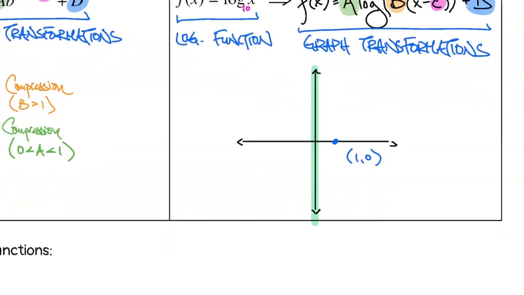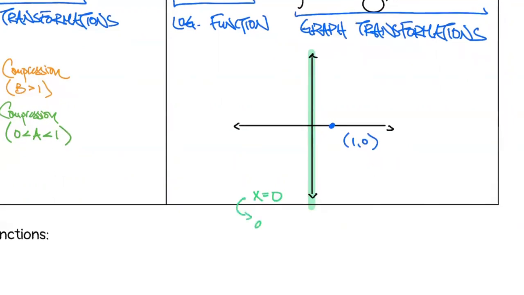Yes. Someone tell me, why is it not y equals 0? Because it's on the x-axis. Oh, no, because all the points there are equal to 0 for x. Good. All points on this line have x value of